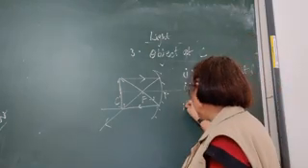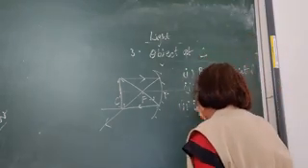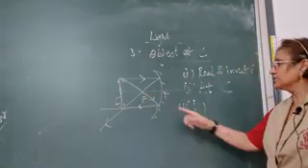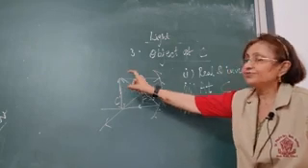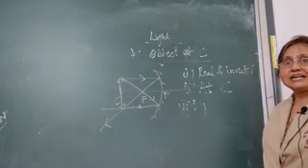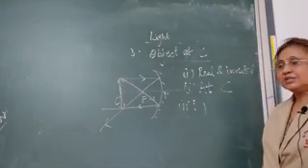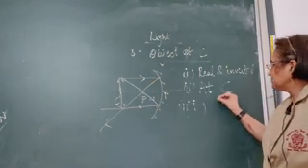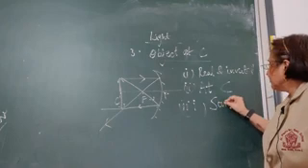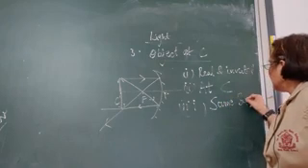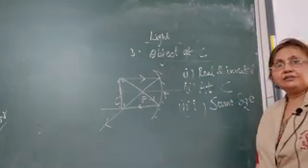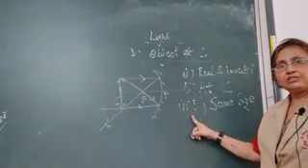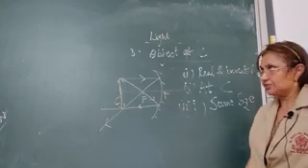Now the third point, about the size of the image. Use a scale and draw it. You will see that the size of the image is equal to the size of the object. Measure the length of the image and the length of the object, and you will see that both are of the same size. So the image is the same size as the object. So when the object is placed at the center of curvature, these are the 3 points about the image formation.